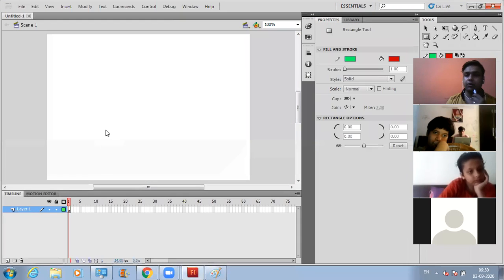So Flash is also similar to Paint. But in Paint, we can create only static images. We cannot create any kind of animation. What is necessary in animation? In animation, we have moving images.